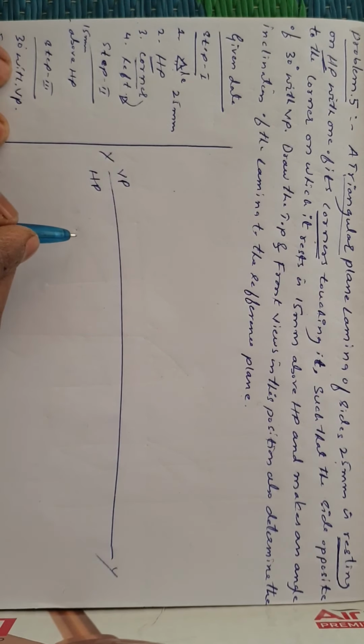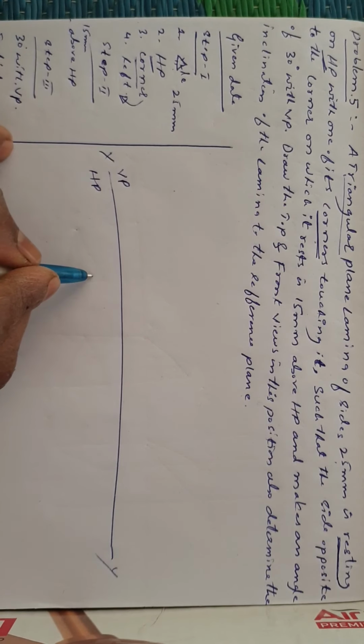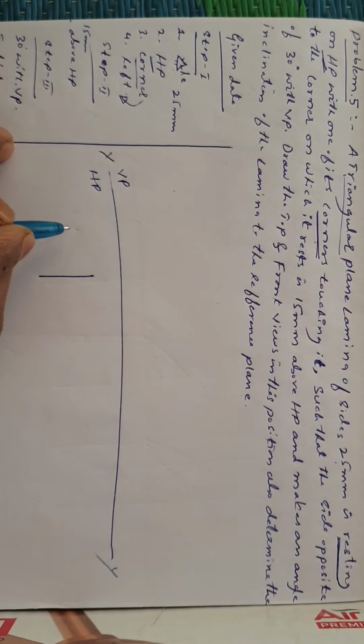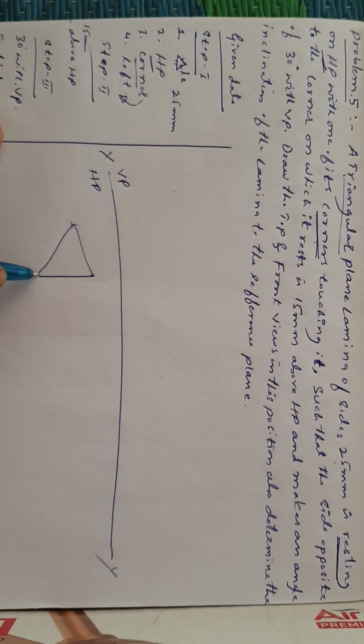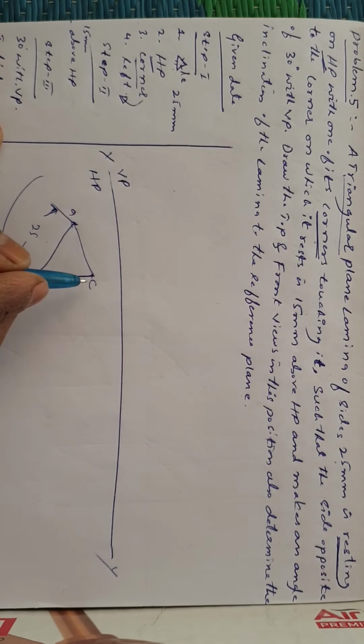First draw the equilateral triangular lamina in such a way that the corner should come at the left side. Draw a side at the left side, and by using a compass cut arcs on both sides to get the triangle. Show the side distance which is given, 25 mm, and specify the names. This is corner A, corner B, corner C. While specifying the names, always specify in this direction: corner A, corner B, corner C.